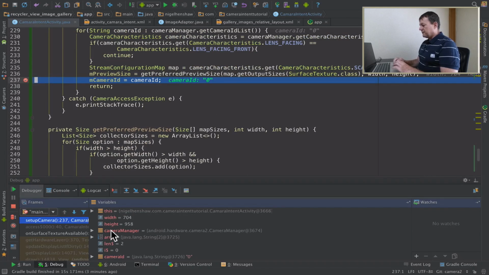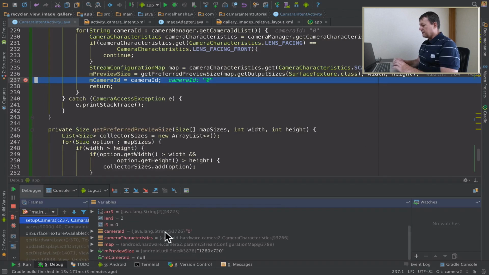Okay, so I've got the preferred size here. We can actually see what that is. It's 1280 by 720. So I'm not using the largest size. I don't need to for my preview. So if you can use a small enough size without losing any quality, this is what you should be doing,